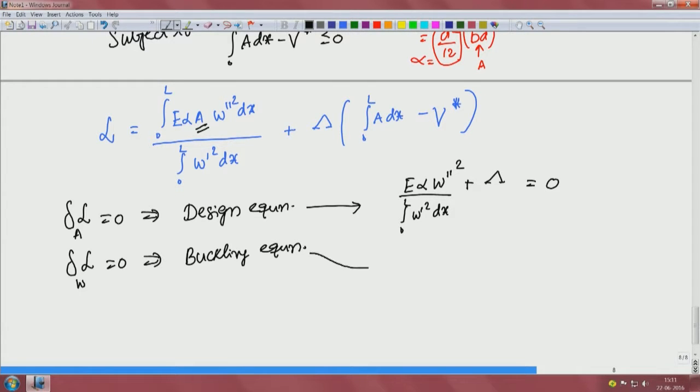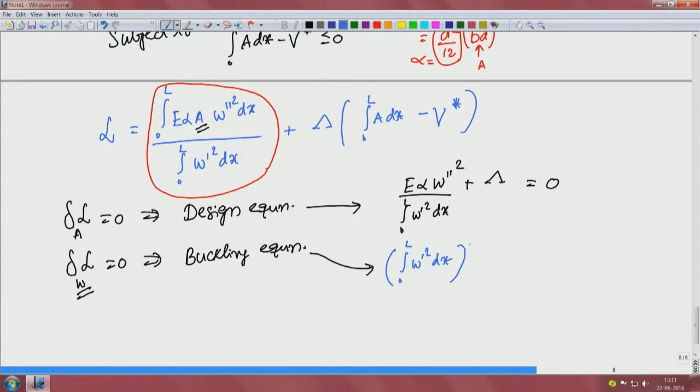So, for the buckling equation, we have to take the variation with respect to W, that is W prime and W double prime. We have to use the quotient rule of differentiation when we do this. What we have here is a ratio of two integrals, which is also a functional, and we can take its variation. So, first we write the integral from 0 to L of W prime square dx over here,